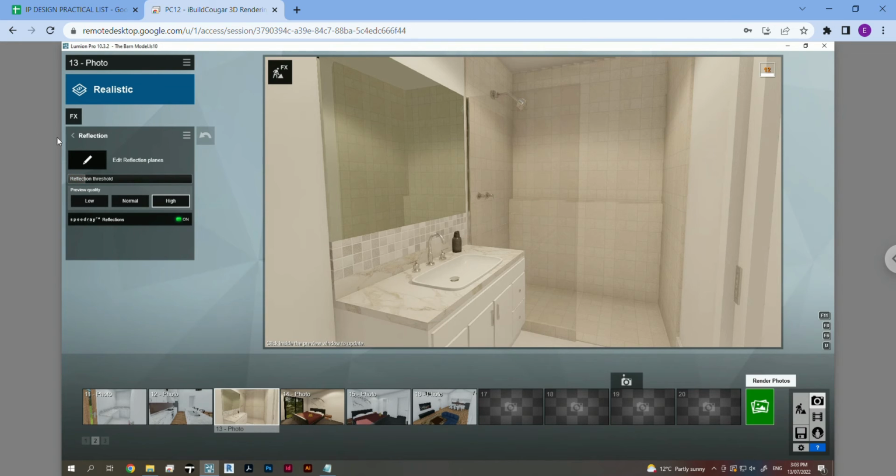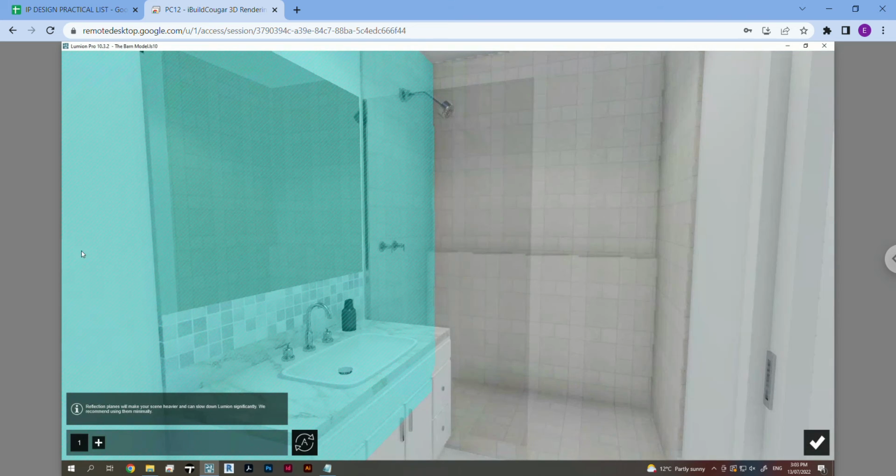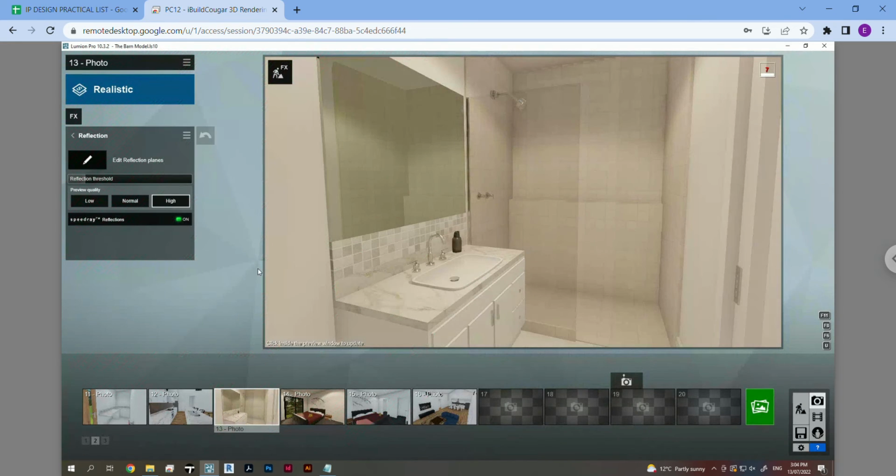So if I increase that and then I go back, it's this whole wall now, because there is a bit of a lip there. So now it's including everything within 4 centimeters of that plane I collected. So the reason that's helpful, maybe not in this case, but if I'm